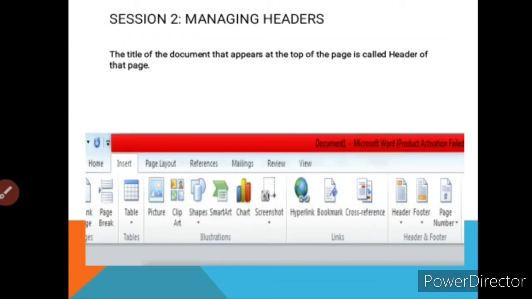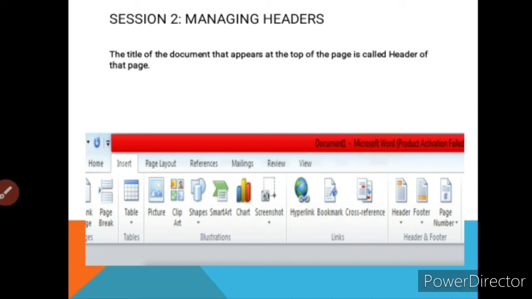After this, we have to complete a second session, that is managing headers. What do you mean by headers? Students, the header means the heading that we apply at the top of the page, right? But what is the basic need of it? Suppose you want to make around 50 pages and you want every page to have the title Cecil Convent School. Okay, so it is not easy for you to write down Cecil Convent School on every page, right? So what we have to do, we just have to apply a header.